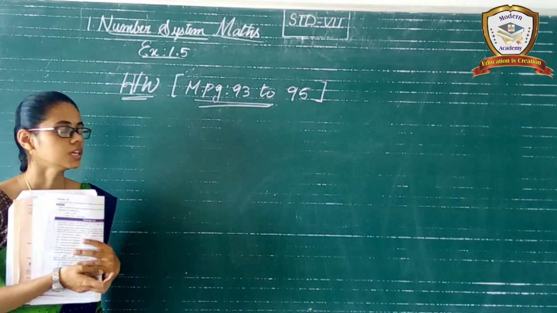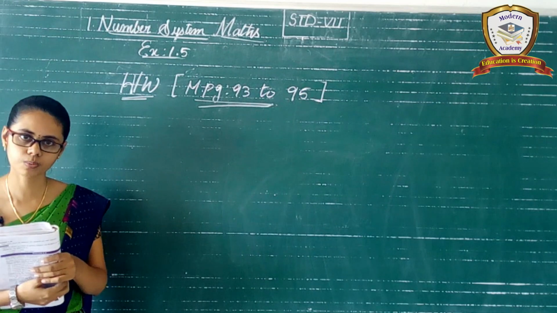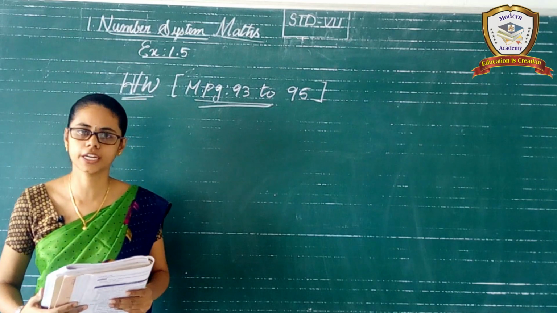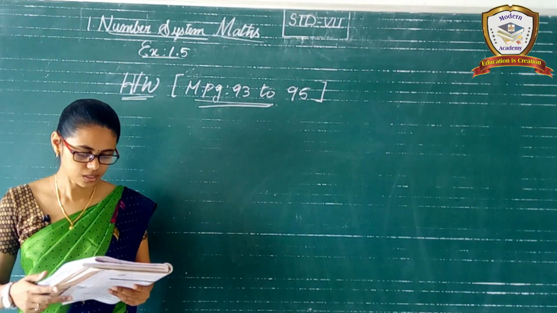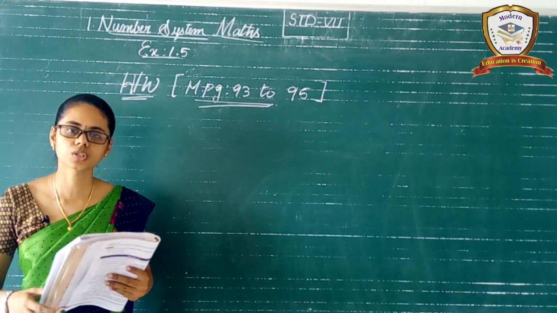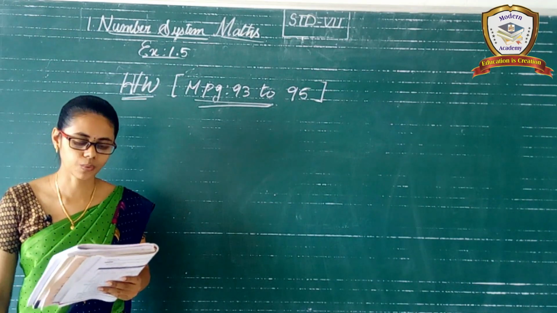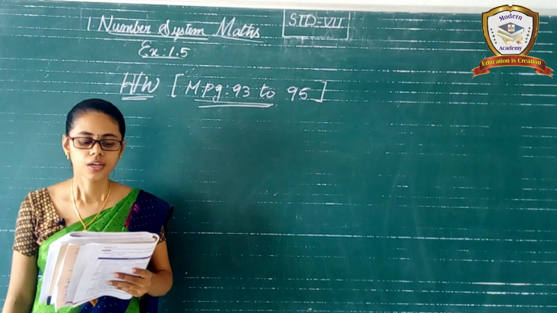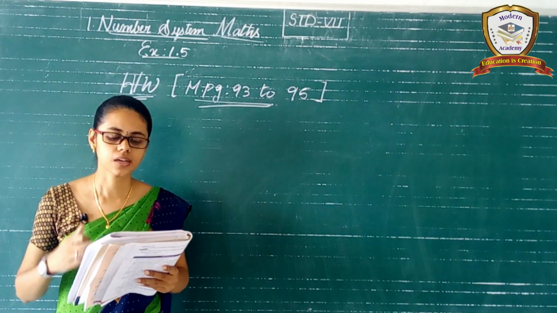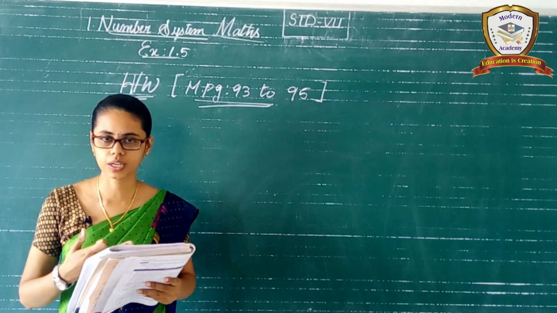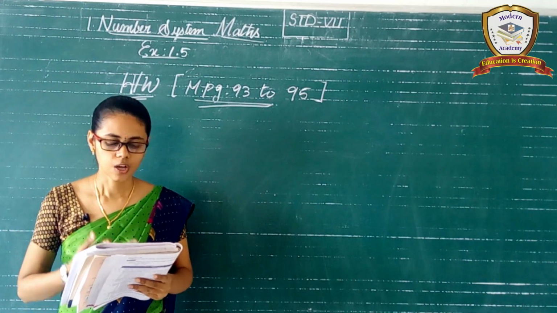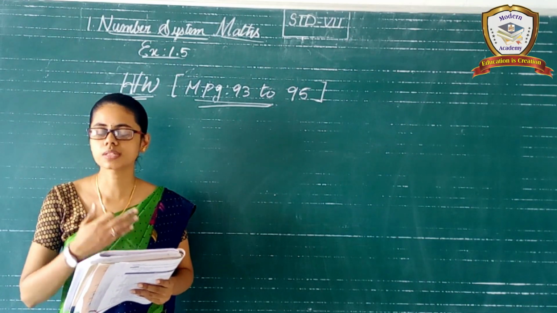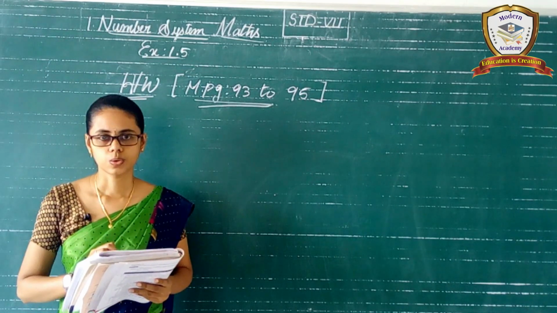Okay, next see, today our teaching part is over. Next, homework part. See, all of you take your material page number 93 to 95. Okay, so questions are there. So totally how many questions? 4 questions are there. I will explain one by one. One night in Kashmir, the temperature is minus 6 degrees Celsius. Next day, the temperature is plus 5 degrees Celsius. What is the increase in temperature? So same method as in the teaching problems. Same method. So we have to work out the problem.